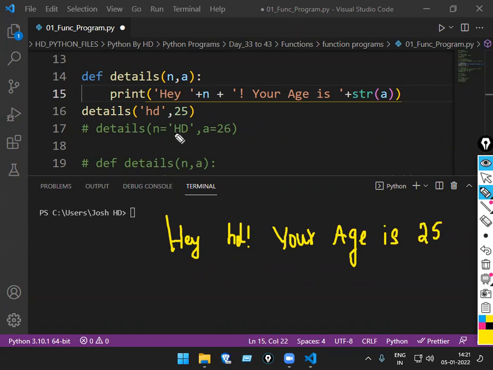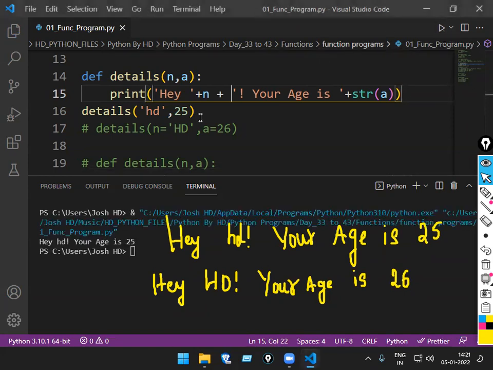If I pass again this one, the last one also function, then what will come there? Hey space HD. Next, your age is space 26.